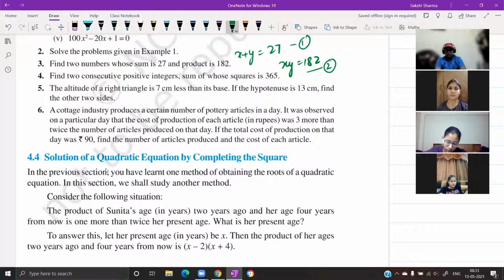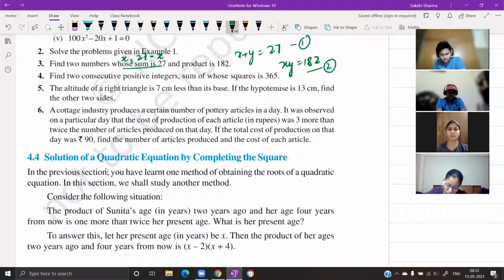Or you may directly start by assuming the numbers using one variable. That's the other option. Using the sum, we can assume the numbers as x and 27 minus x. Is that correct? Yes, ma'am. And then we write down their product equals to 182. Both ways it's fine. Even if you're starting with two variables, ensure you're converting your equation into a quadratic form which has only one variable. Or you may begin with just one variable. I'm going to do it with one variable. कोशिश वैसे आपको ये करनी चाहिए कि आप एक वेरिएबल के साथ सारी वैल्यूज अज्यूम करो एंड देन यू मेक योर इक्वेशन.